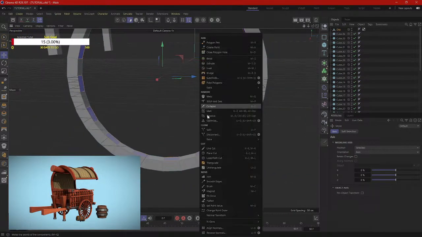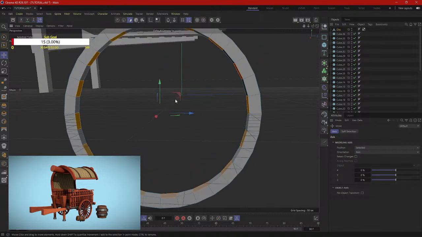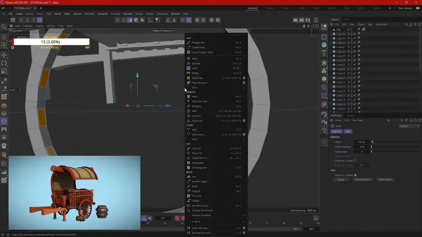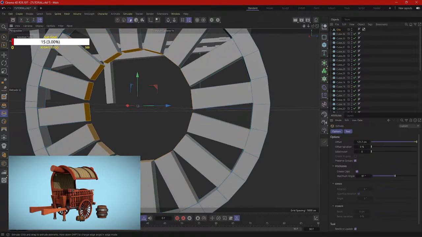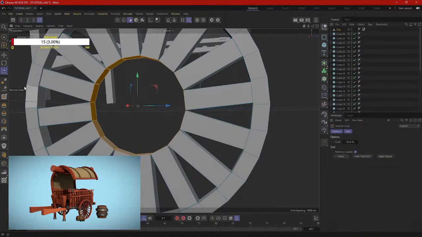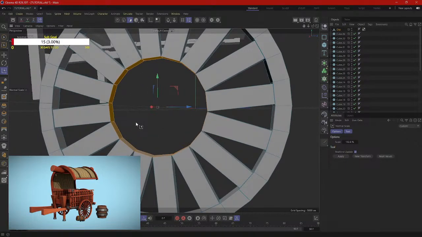Again the normals, I want to reverse the normals and insert them inside, extrude them, scale along normal, that's right, extrude it along this, and